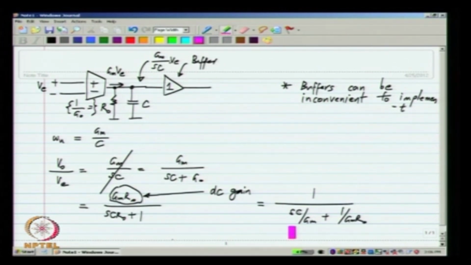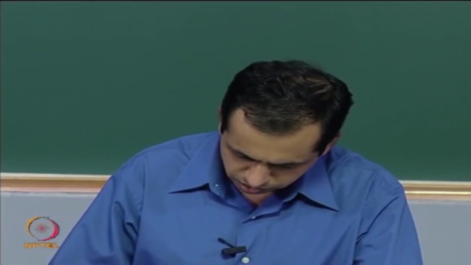Now, in this case this is the ideal part that we would like to implement. Additionally, we have a small non ideal number here, 1 over GM R naught. So, the higher the value of R naught, the higher the DC gain GM R naught, and the smaller will be this non ideality. Okay. But in general you will never be able to make this infinite. So, we will have to live with some finite value of GM R naught, and in fact depending on the topology that we choose, the value of GM R naught may be limited to some modest value like 50 or 100 or so. Okay. Whereas sometimes we would like to have op amps with gains of 10,000 or even a million. So, there are limitations on